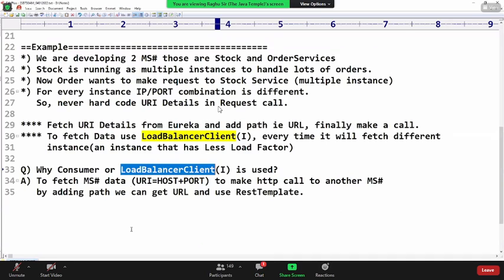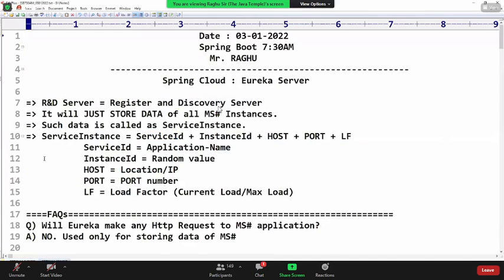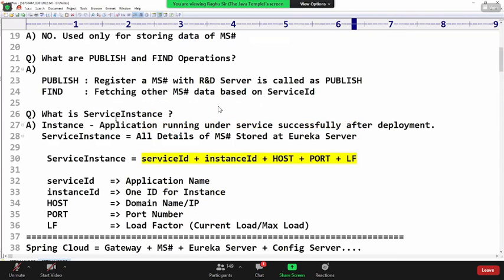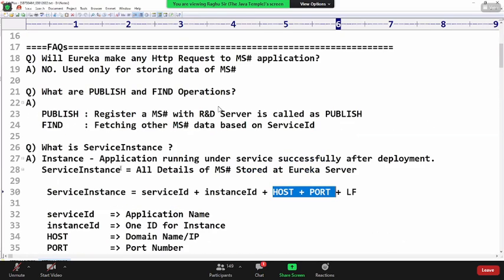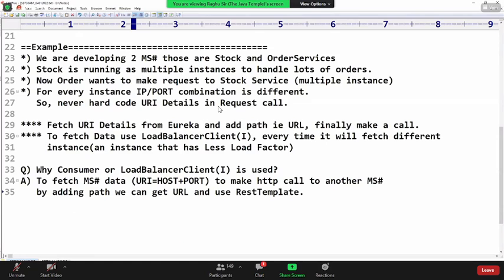Please remember the word service instance; yesterday also I gave it. The most important word here is service instance: instance ID, host, port, load factor. Now we need this host and port. Again, I'm just giving what a service instance is, if you have a question.